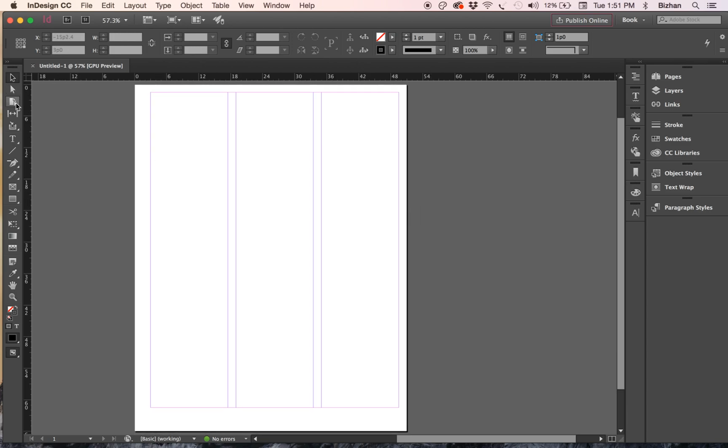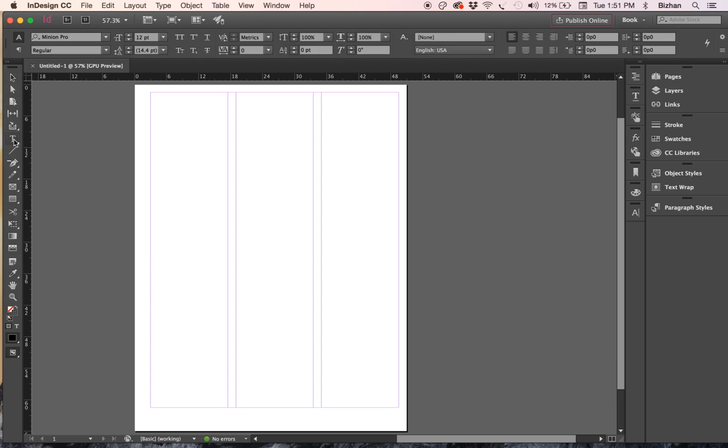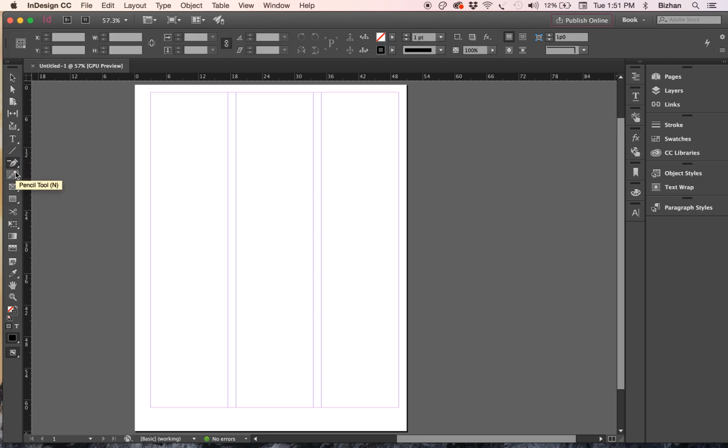program. So just quickly, to go over a few things, the letter T for the type tool, just like before. Line tool, pen tool functions exactly the same as the pen tool in Illustrator. Same for the pencil tool and the smooth tool and erase tool. They all work the same way. The only difference in shapes, which is kind of really not necessary, is that some of these shapes are picture frames, so it's kind of like they're masks, and then these are actual shapes, and you really can turn the shape into a frame, but if you want to start out with the frame, this is how you do